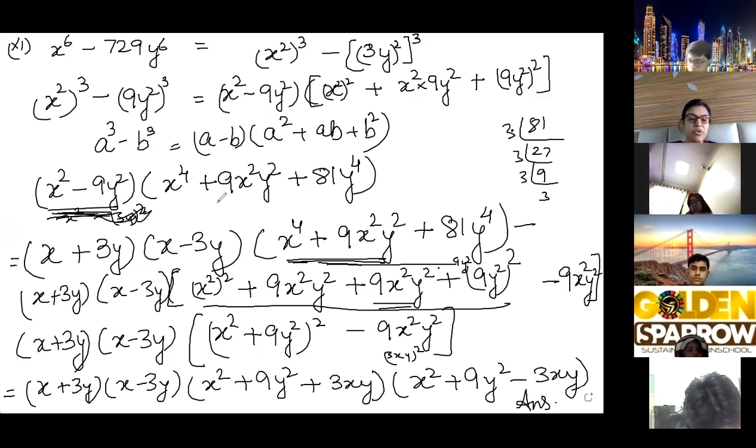This is a very important part of algebra. Next class on Monday, I'll be beginning with a new chapter. But if you have any doubts, we can continue with this chapter. I can give you one more class for this, but only if you practice at home and come up with the doubts. Otherwise, I'll start with the new chapter.